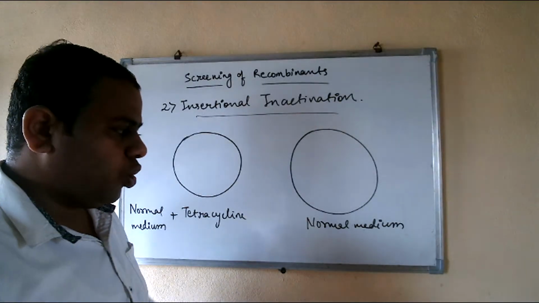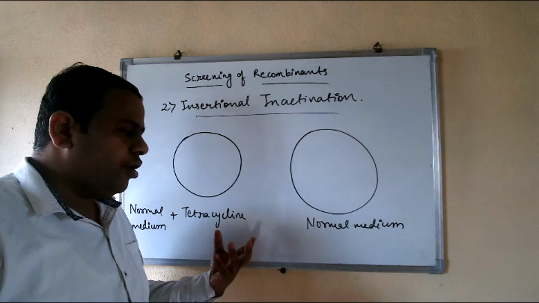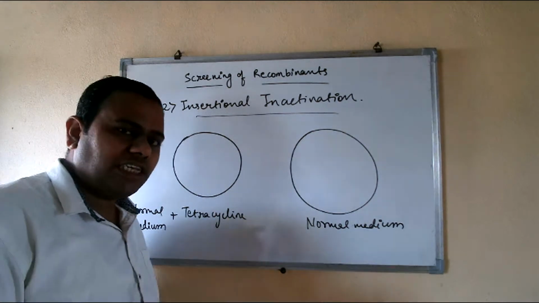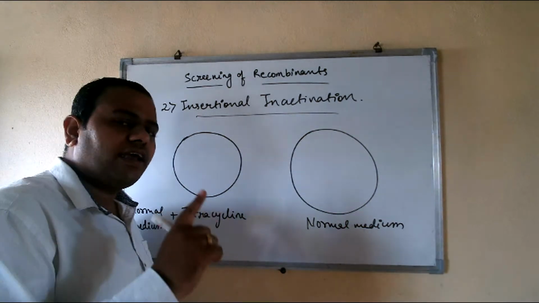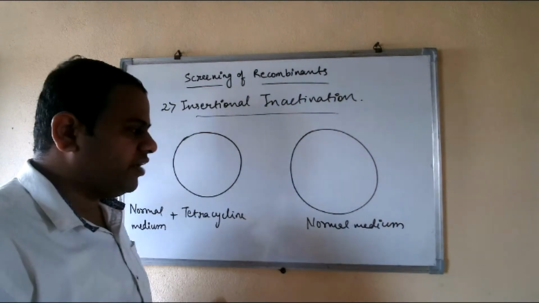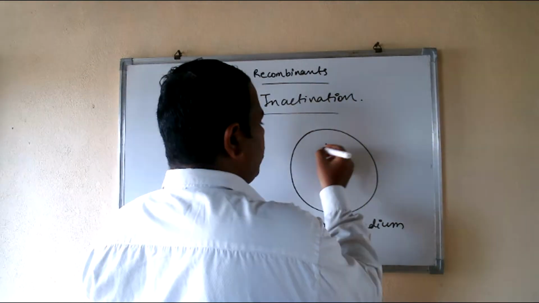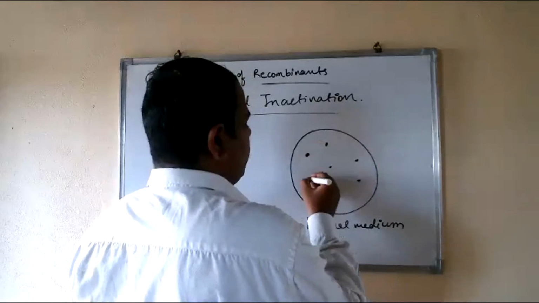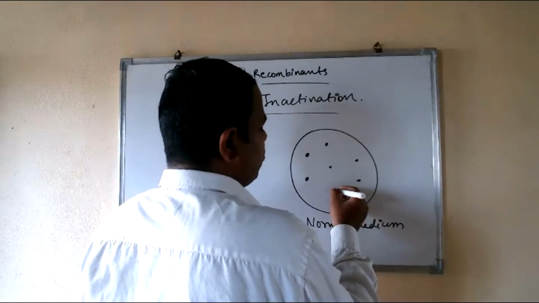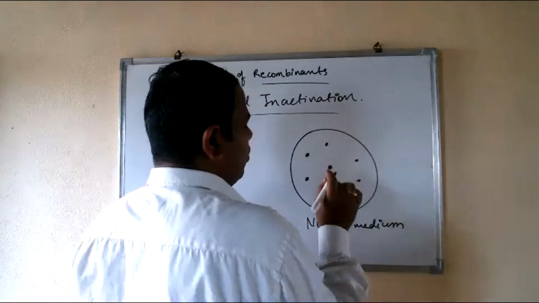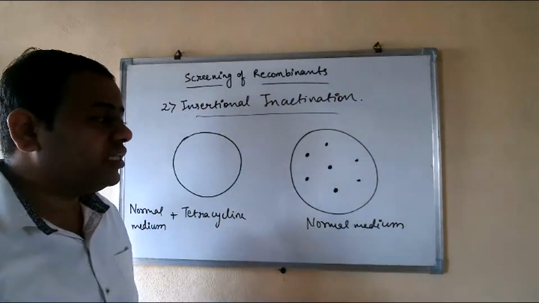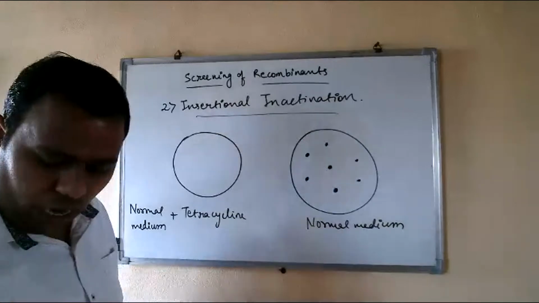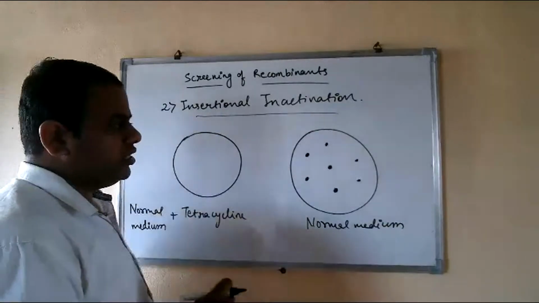This is normal medium. Okay, so whatever the bacterial colony in which you have added that plasmid, in which the tetracycline resistant gene is functionally inactivated, these are the isolated colonies that are being formed by that bacteria, which is transformed with the plasmid having tetracycline gene insertionally inactivated. Okay, so now what we are going to do, you can see